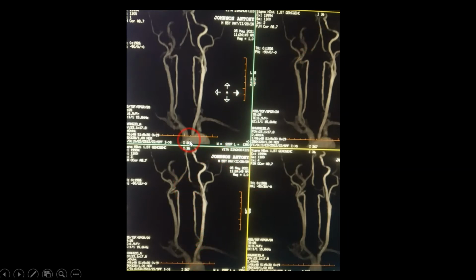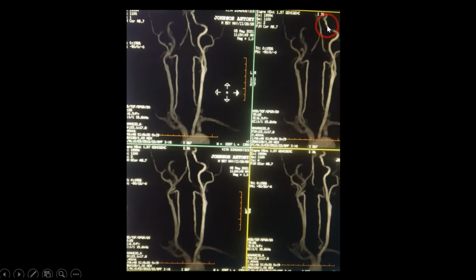Then coming to the arch again, the second vessel which is arising from the arch is the left common carotid artery. The left common carotid artery, this is the normal origin from the arch itself. Left large common carotid artery. It's dividing into two, the external carotid artery and the internal carotid artery. In an AP view, the internal carotid artery is lateral and the external carotid artery is medial. We can make out this very well, and the origin of internal carotid artery is normal. The cervical internal carotid artery is normal. So this is the area which I told you, the petrous segment, there is bound to have artifacts because of the bone.